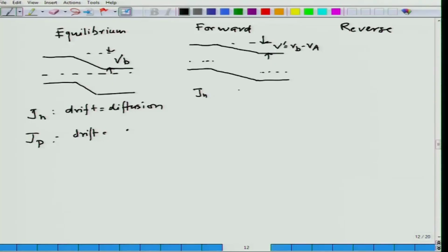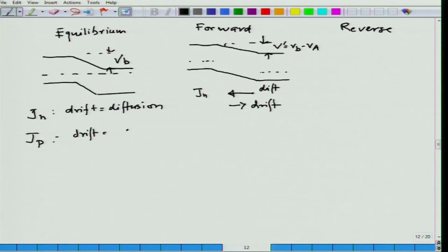Now, if you look at only the drift current for electrons, the diffusion current was in this direction and the drift current was equal in the opposite direction. If I reduce this field, what will happen to the drift current of the electron? Electrons were falling through this built in potential anyway, but because of this you are going to have a lesser amount of